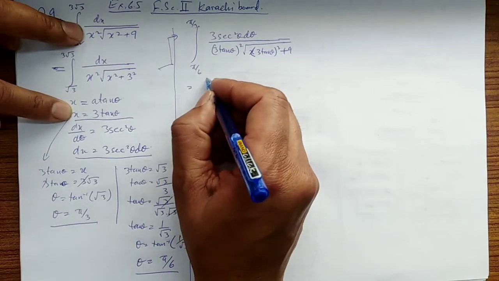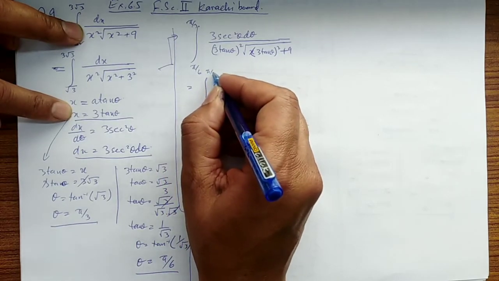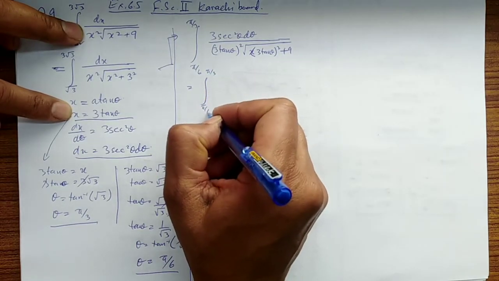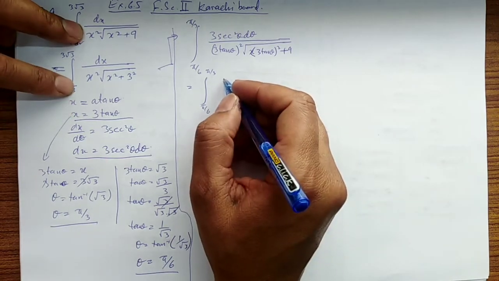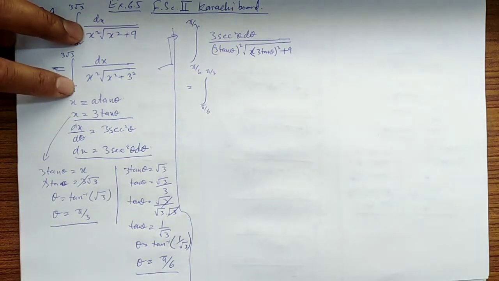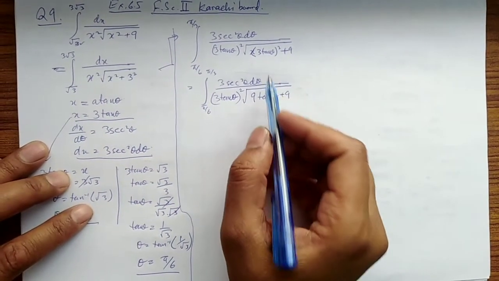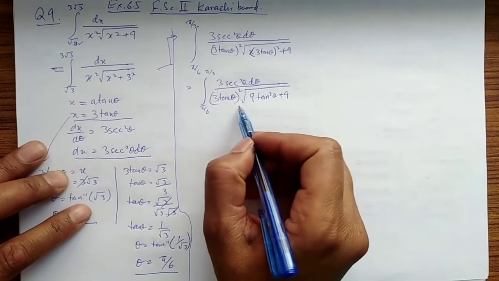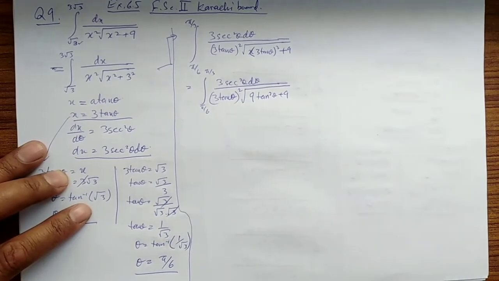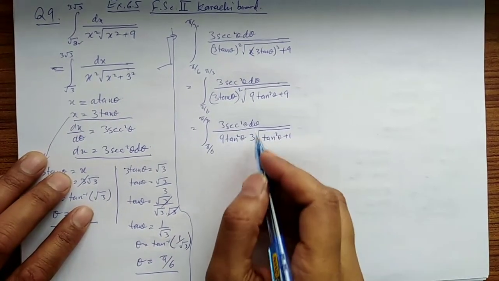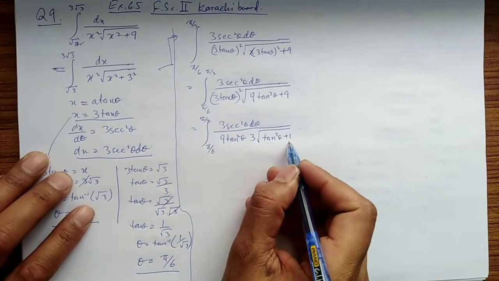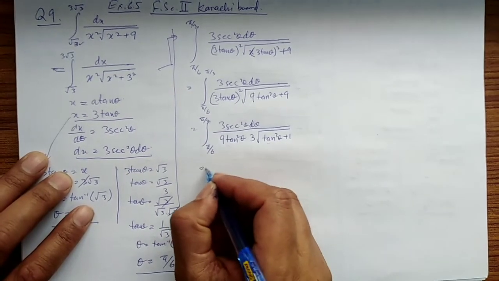Okay, now simplifying this one to a simpler form, applying the square on the side, and now taking this 9 as a common factor outside. This is the condition. Now in place of tan square theta plus 1, we can write